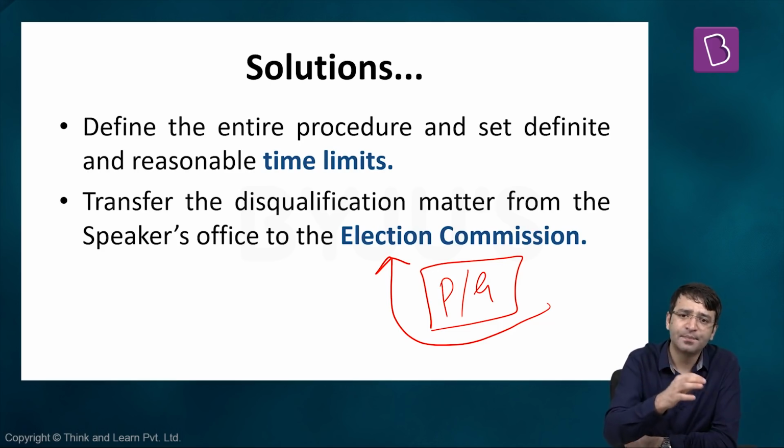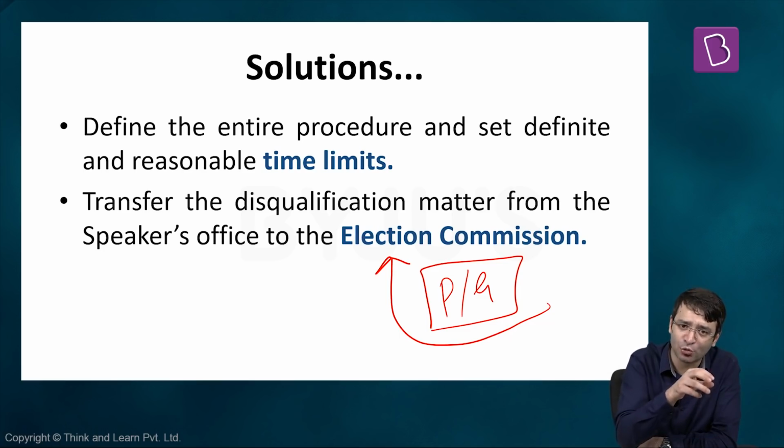One such ground is if a legislator is holding office of profit, disqualified. If there is a change in the nature of citizenship of a legislator, I was an Indian when I contested the election. Now when I am a legislator, I have acquired the citizenship of Germany. Shouldn't I be disqualified? Yes. That means if there is a change in the nature of citizenship, disqualify this legislator. But who takes this decision?